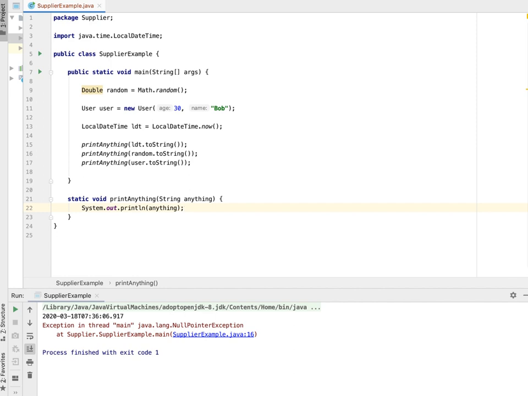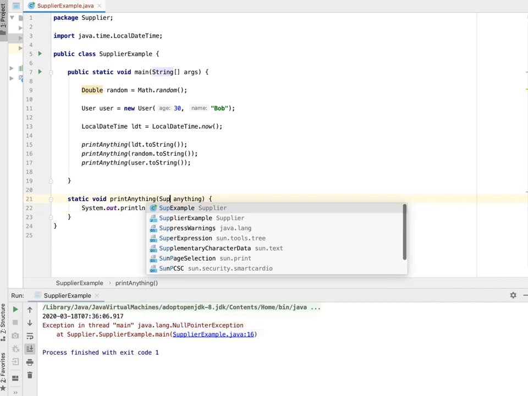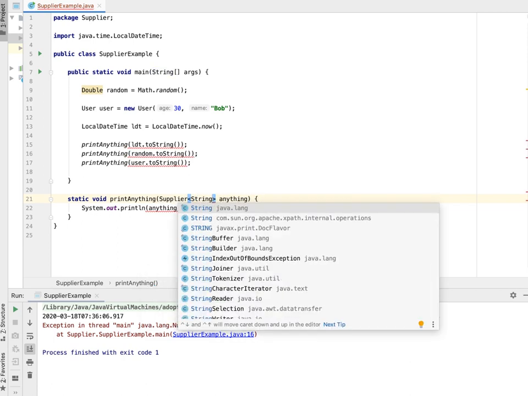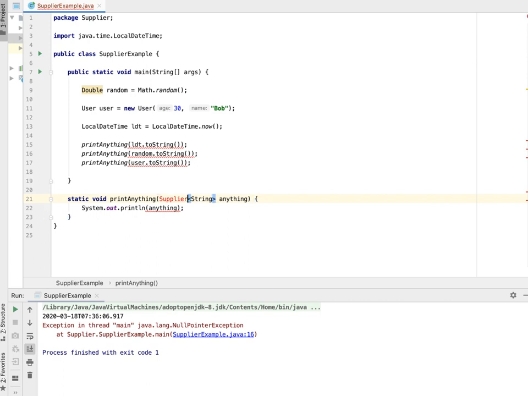So let's start changing this method a bit so we can receive a supplier. Let's receive a supplier of a string, just to start with. Let's import the supplier, and here we go. For the double random, the user, and local date time, they're all parsed to string, but what I need to do here is pass then a method. It's receiving a supplier, so either I pass through a lambda,